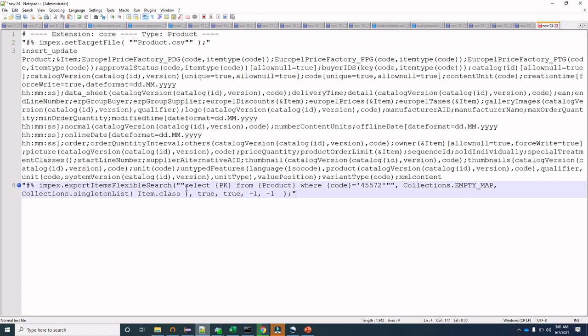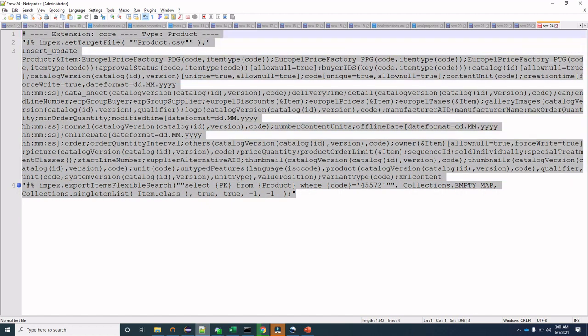We are doing a flexible search: select pk from product where code is equal to, you have to mention the code. After that, Collections.emptyMap, and after that, Collections.singletonList, Item.class, true, true, -1, -1. So this statement you have to copy at the end of the impex, and I'll also put this line in the description box so that if ever you want, you can copy it from there.